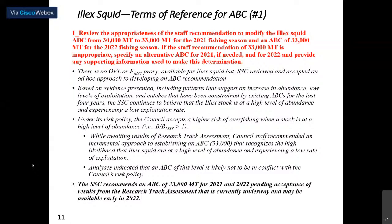The risk policy is also somewhat problematic in the sense that we really don't know the overall status of the resource in terms of its relationship to a BMSY. But there are, of course, indications that the stock is at a high level of abundance. While we await the results of the research track assessment, the SSC concluded that setting the ABC at a provisional level of 33,000 metric tons was consistent with the likelihood that Illex are at a high level of abundance and experiencing a low rate of exploitation, and that it appears this ABC is not in conflict with the